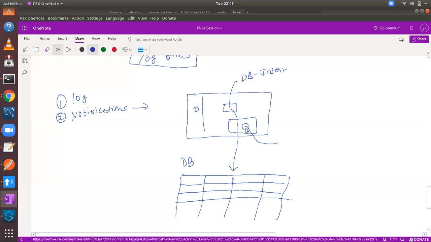If you don't alert, for suppose you are not alerting, what happens? Many transactions will fail. Every time it's trying to connect to the database, the database is not responding. So many requests will fail. Instead of that, you quickly send a notification to the database team so that they can jump in and fix the issue as soon as possible, right? So these two activities we can do. When an error occurs, I want to log the information properly to the log file so that my support team can easily figure out the issue, and I want to give notifications to the corresponding team so that they can fix the issue as early as possible.